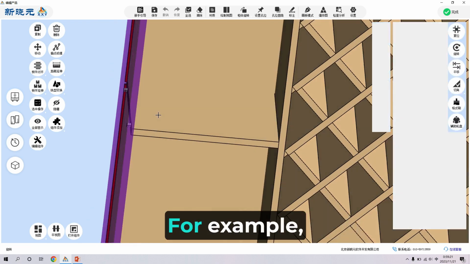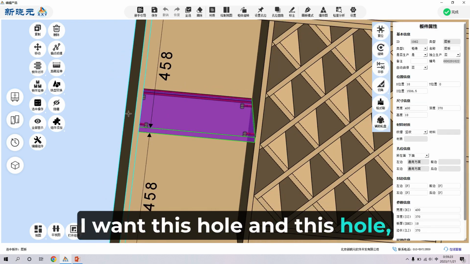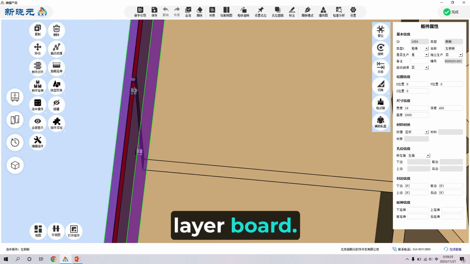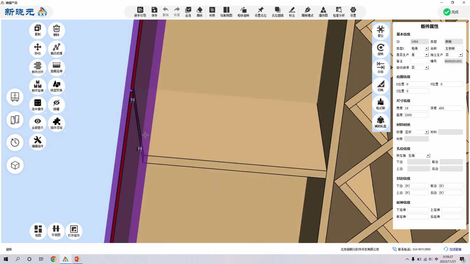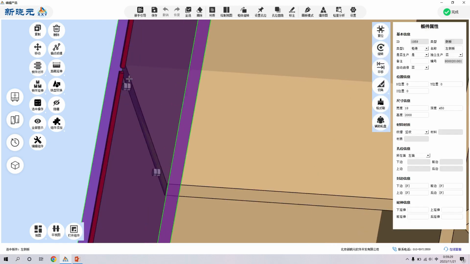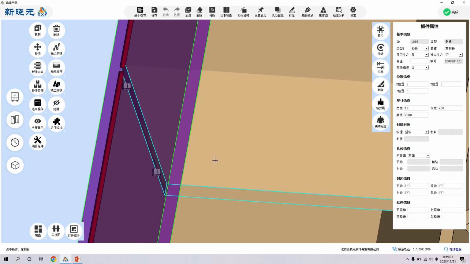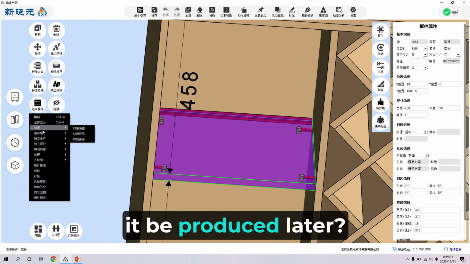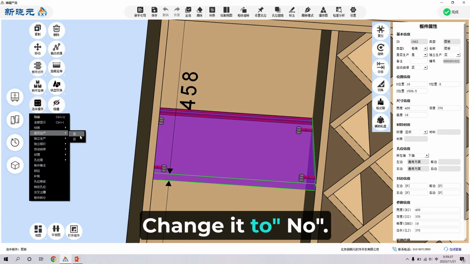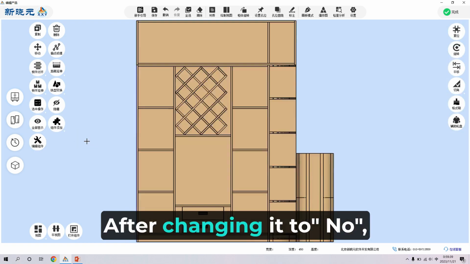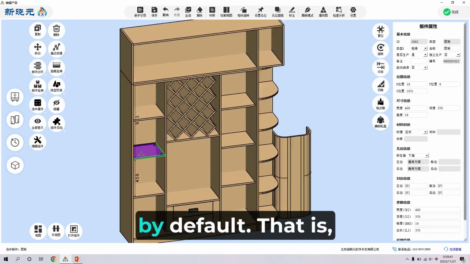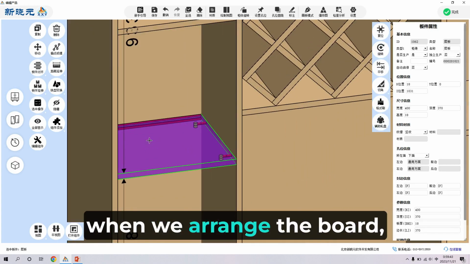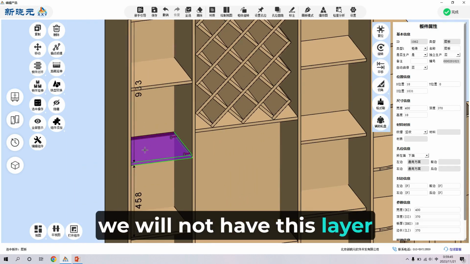For example, I want this hole and this hole, but I don't want this layer board. Then I can select this layer board and change whether to produce it to no. After changing it to no, it will not be produced by default. That is, when we arrange the board, we will not have this layer